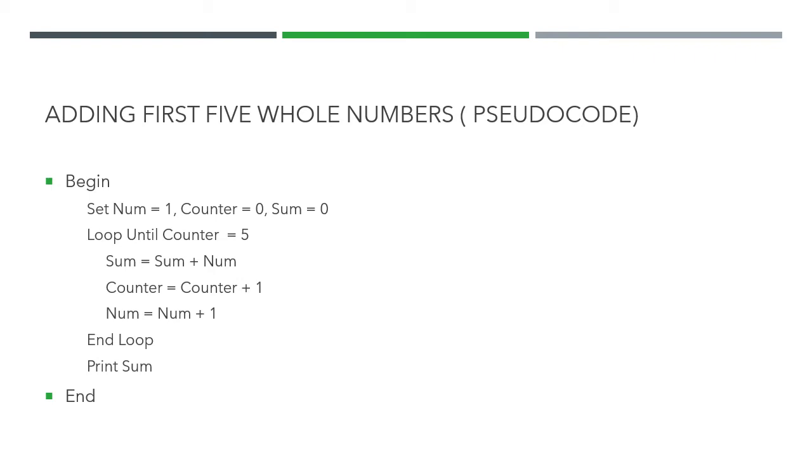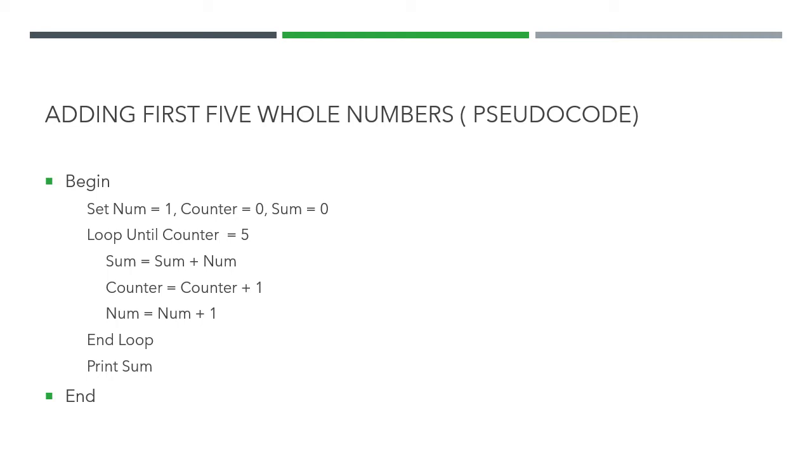Okay. Now what is the first thing? It says sum equals to sum plus num. Now to explain it further, what I'll do is I'll write the values here. So I'll take n for num, c for counter, and s for sum. So our initial values which we initialized were 1, 0 and 0, right? Now what are we supposed to do? Sum equals to sum plus num. So our sum is 0, num is 1, so it will become 1.